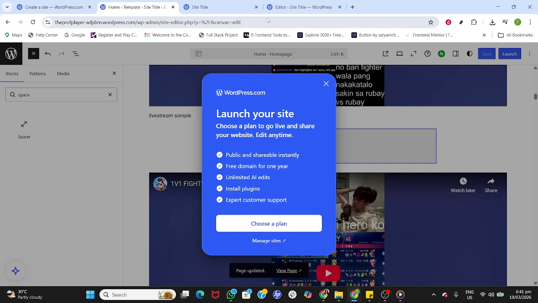That's it. By carefully adding a separator for visual structure and a spacer for controlled breathing room, then duplicating them where needed, you've fixed odd formatting and spacing without touching any code. Save, launch,